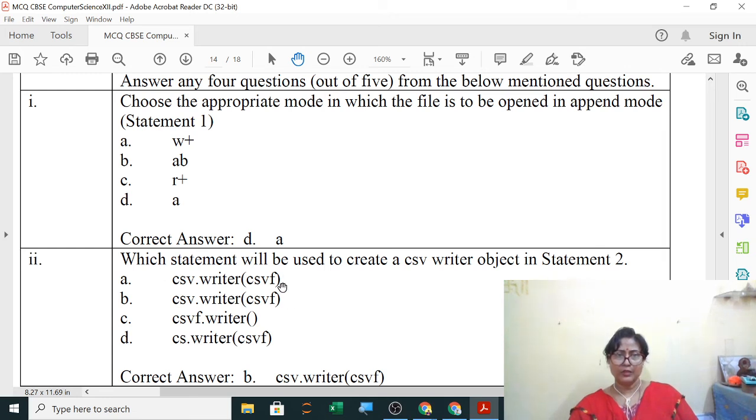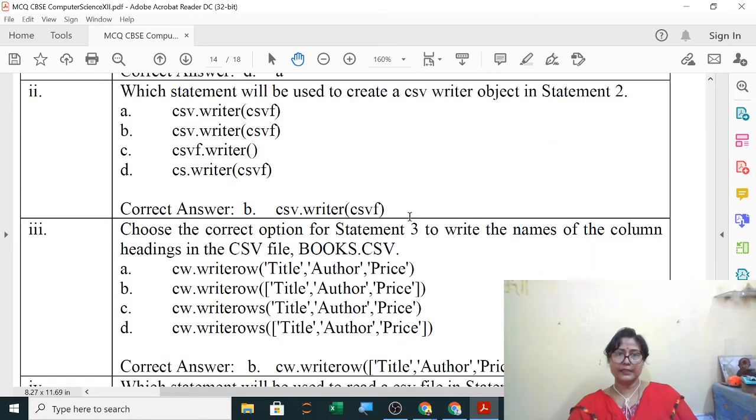No difference. Maybe a typing mistake is here. So okay, writer, you all know writer and the import was already given above. Then cw dot write row, this is for the heading. Now three headings were given: title, author and price. So cw dot write row and the three headings we will give.